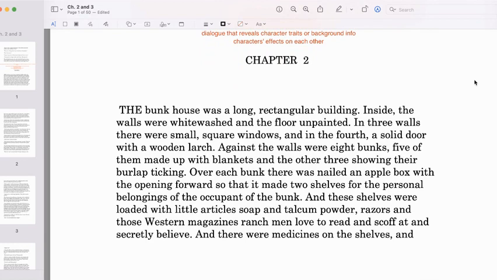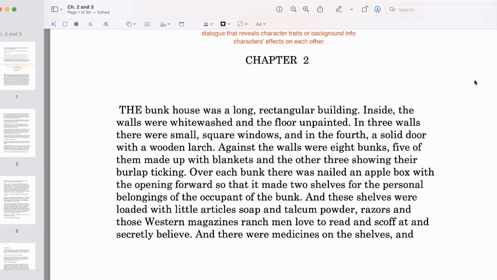The bunkhouse was a long rectangular building. Inside, the walls were whitewashed and the floor unpainted. In 3 walls, there were small, square windows, and in the 4th, a solid door with a wooden latch. Against the walls were 8 bunks, 5 of them made up with blankets, and the other 3 showing their burlap ticking. Over each bunk, there was nailed an apple box with the opening forward so that it made 2 shelves for the personal belongings of the occupant of the bunk.